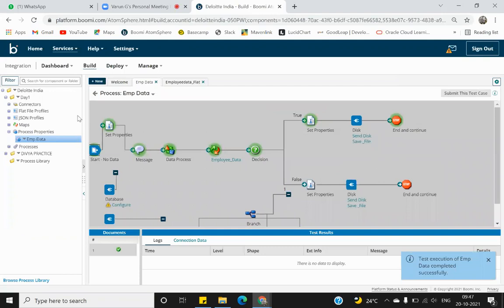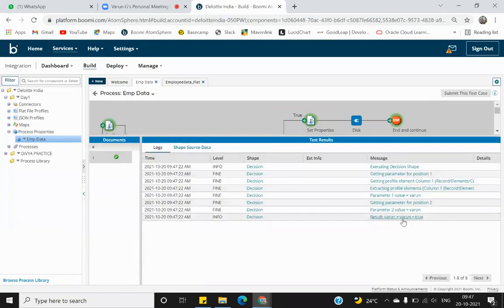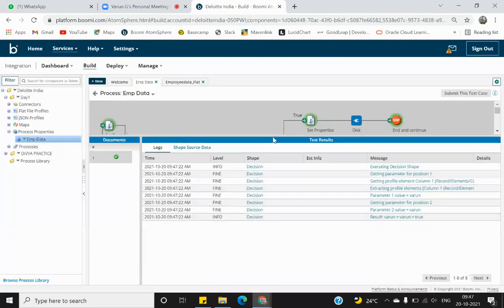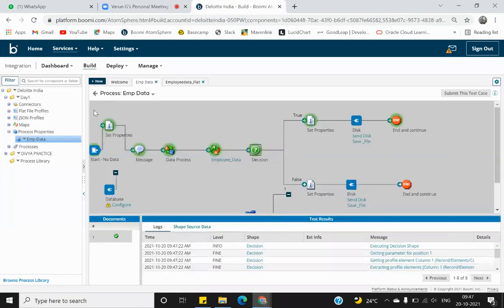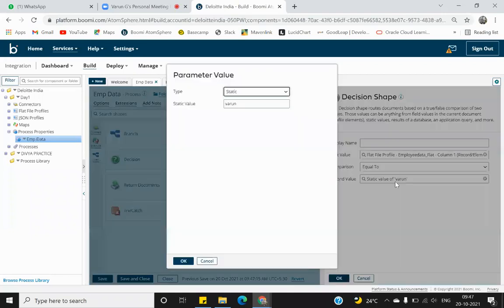See what happened. It found a value for column 1 as Varun. Okay, you see here the value Varun equals Varun coming as true. That's why it went to true path. Now suppose I have compared it with a null value.